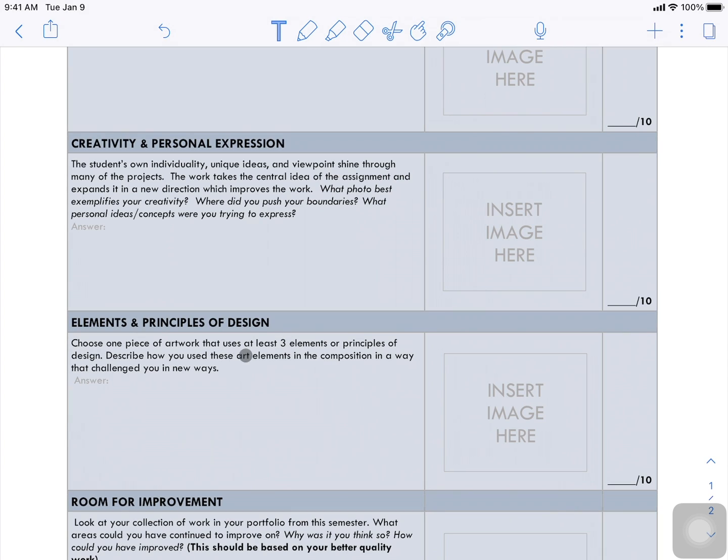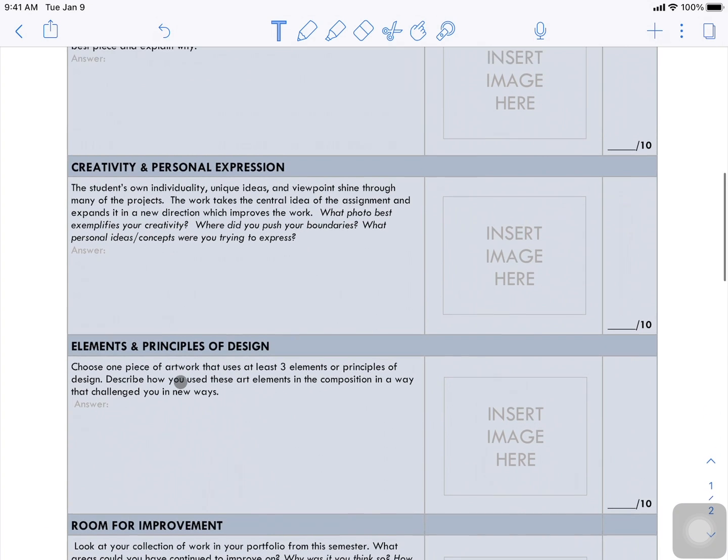The elements and principles of design. Choose one piece of artwork that uses at least 3 elements or principles of design. So try to look at one where you were able to include as many as possible into one piece. This should show that you're really starting to master those things. It may overlap a little bit,